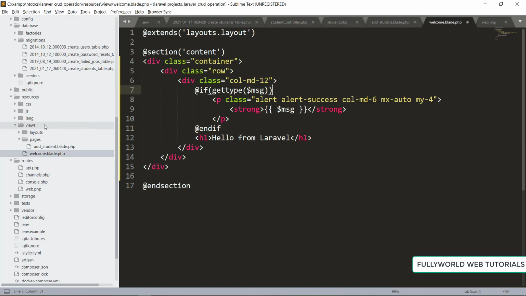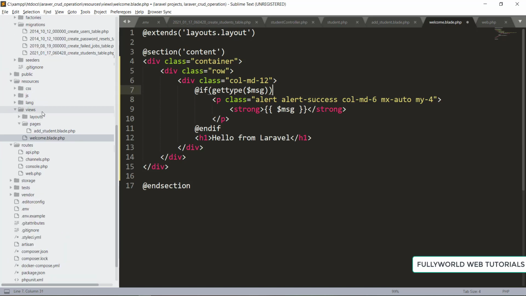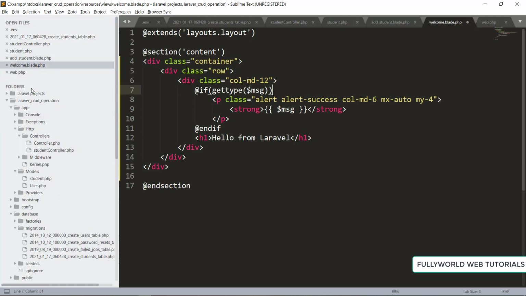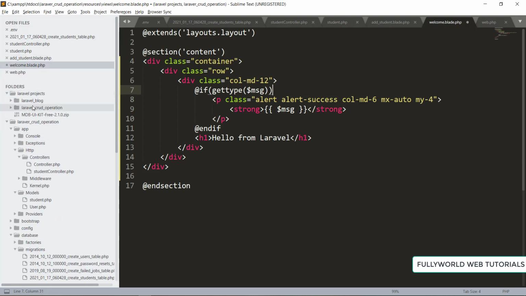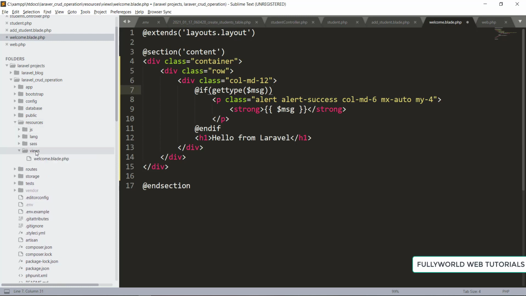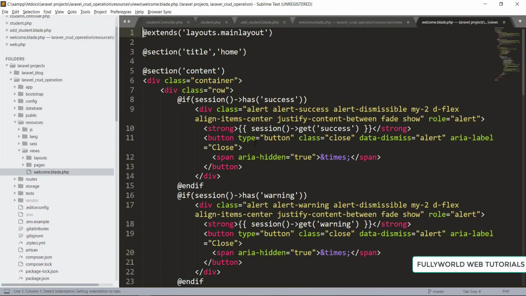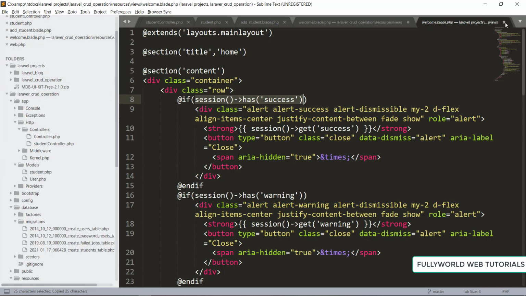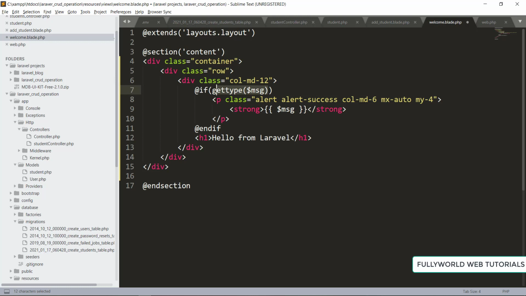Let me see it here. I actually forgot our type name. So this is our Laravel CRUD operation, and in the resources, in the views, in the welcome blade, I'm going to see. In the session we are going to mention, because all this data will be there with the help of session only. So actually I forgot about that. So has message, then we will print our session message there.